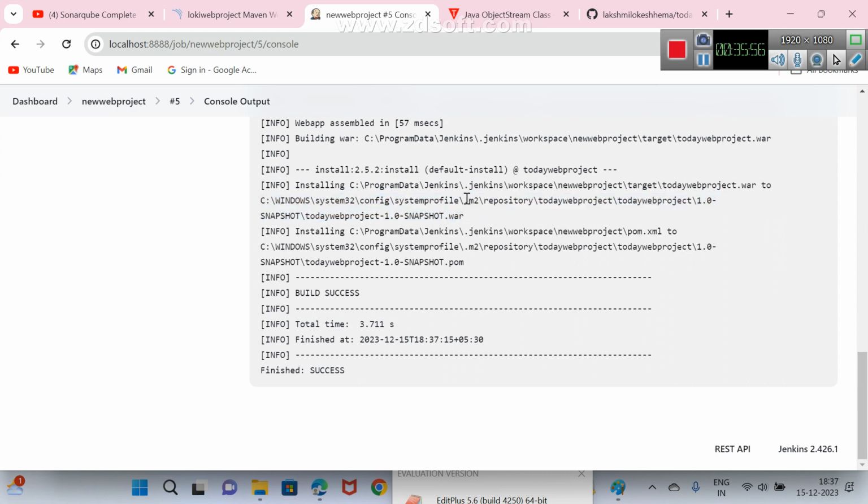I'm selecting a specific area. I hope everybody understood or not. Where it is locating our war file within the .m2 folder. If you want to see manually,